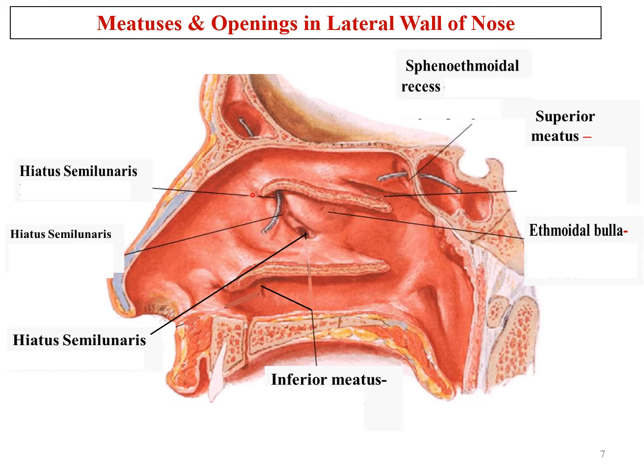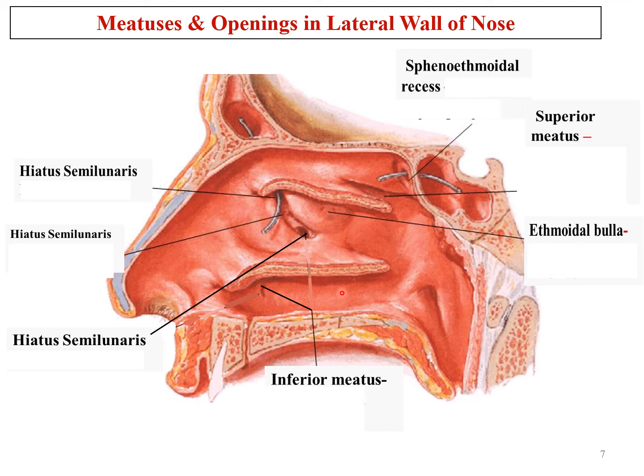In fact, where we have the agger nasi, the upper limit of the atrium of nose, there we have the anterior ethmoidal air cells. Now below this bulla ethmoidalis, what do we have? We have a semicircular depressed area here, canal-like, and this is known as hiatus semilunaris. And at its anterior end, we have a funnel-shaped projection here, which is known as infundibulum. Beneath the inferior concha, this space is known as inferior meatus.